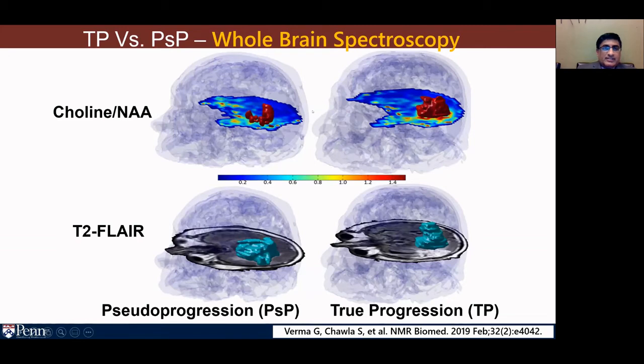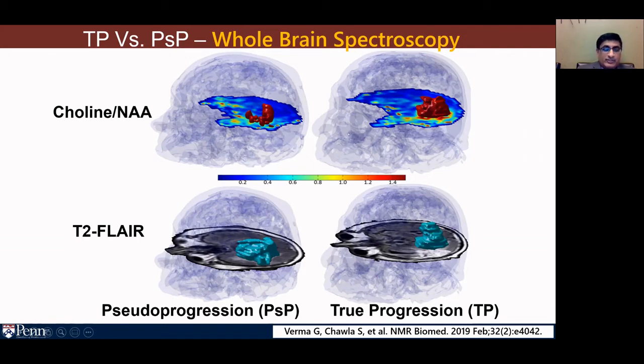As you can see here, these are the 3D blobs again. So if you look at the T2 FLAIR, this is the case of the true progression, this is the case of the pseudoprogression. And as you can see here, the 3D volumes of the FLAIR abnormality are approximately similar. So the FLAIR is not reliable in differentiating TP and